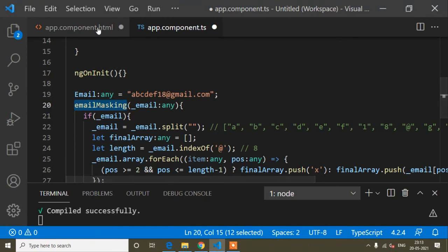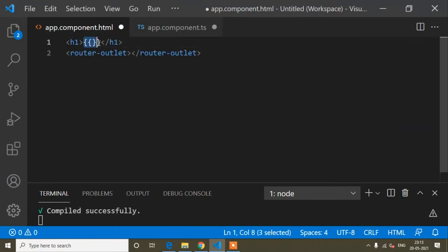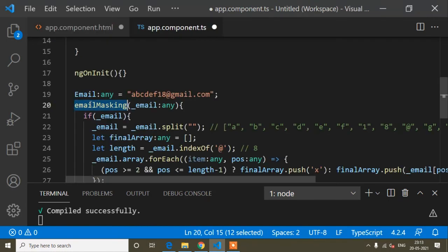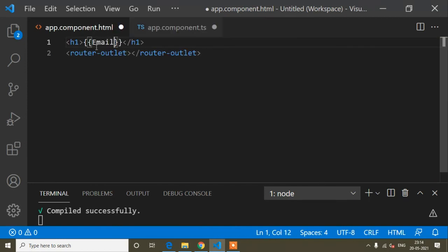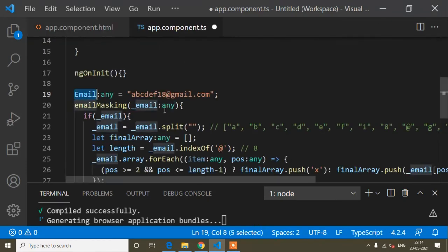When we bind, that time we write double curly braces, it's called interpolation. We bind using interpolation. Anything we can bind, this email, this method. If I want to bind this email, write this one, so you will get this email.